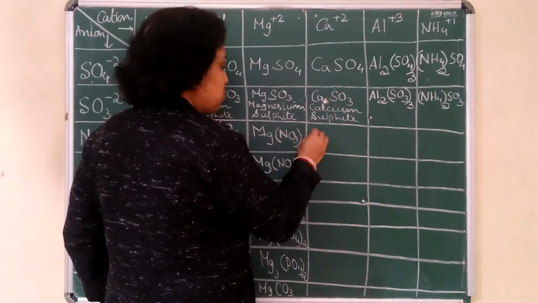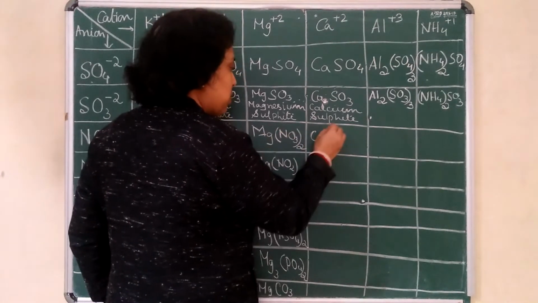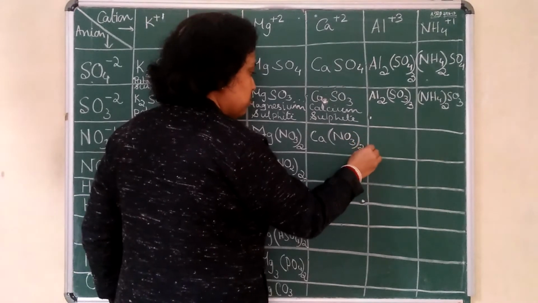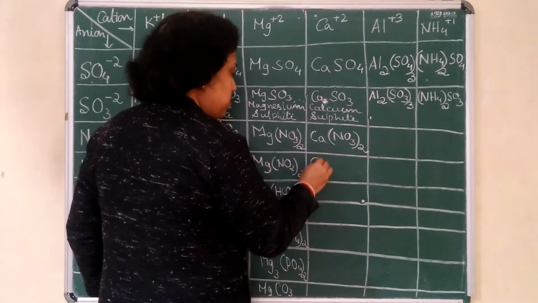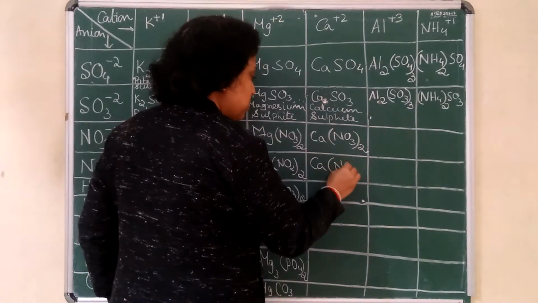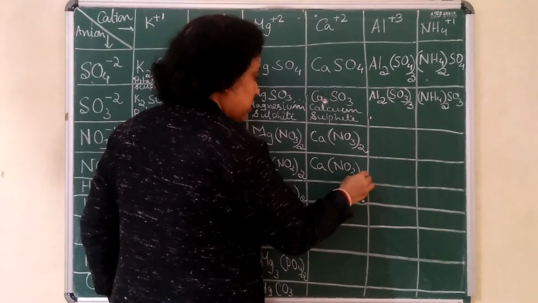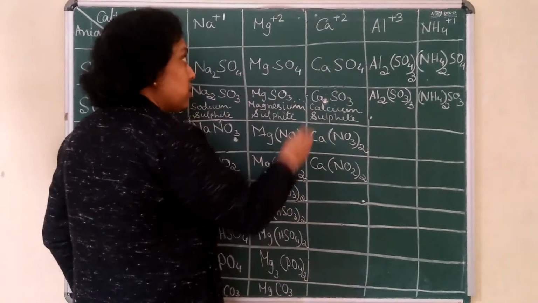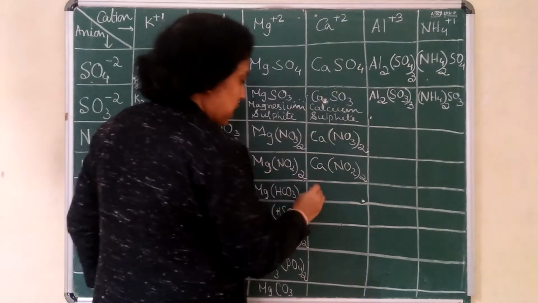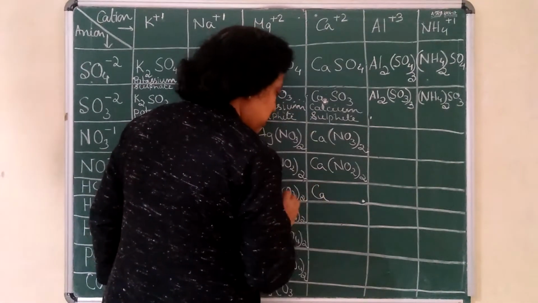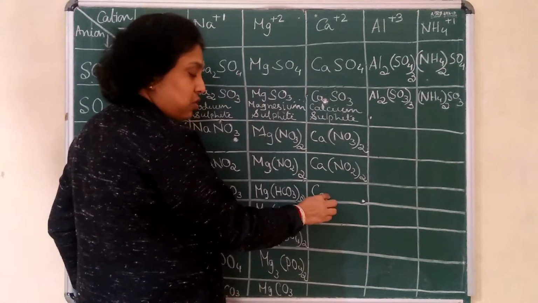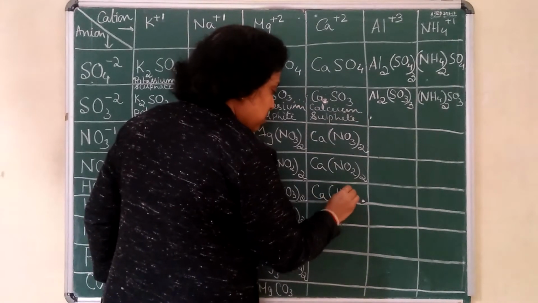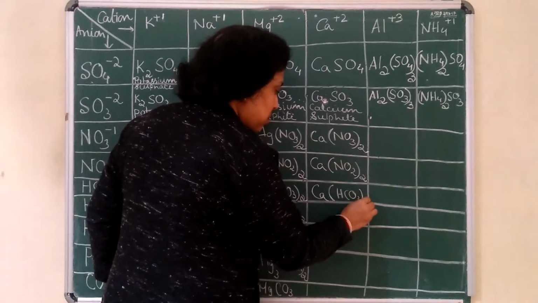Now calcium valency is 2. So the same way as magnesium, the way you have written. Calcium NO3 whole 2. Calcium NO2 bracket close 2. Then calcium is 2 and bicarbonate is 1. So you don't have to write anything for calcium here because it is 1. But HCO3 bracket 2 you have to write.